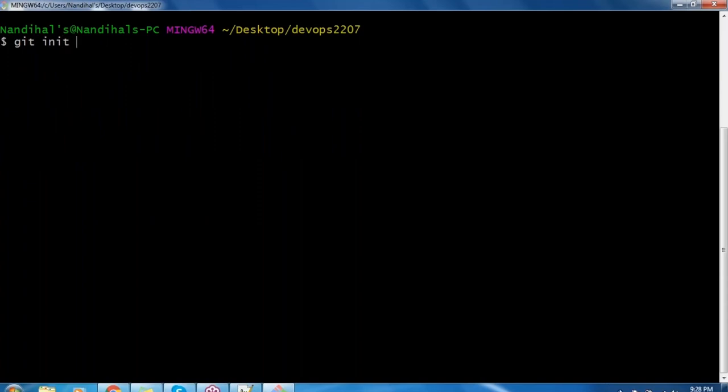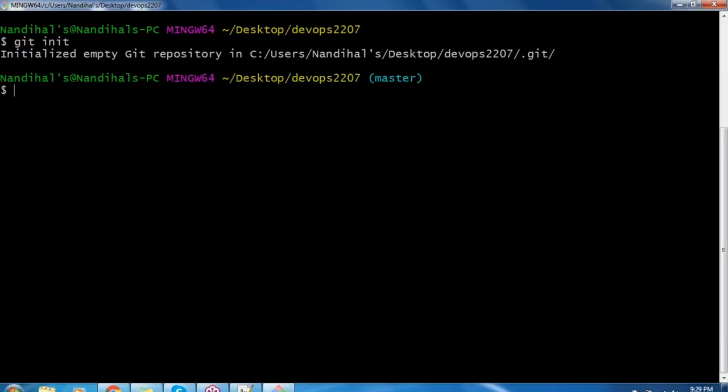git init. So what this command will do is initialize an empty git repository. Correct. Enter. Okay, it has been created, guys. Now,